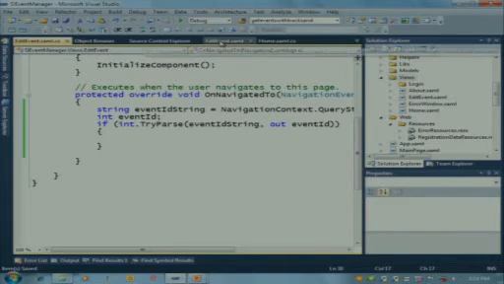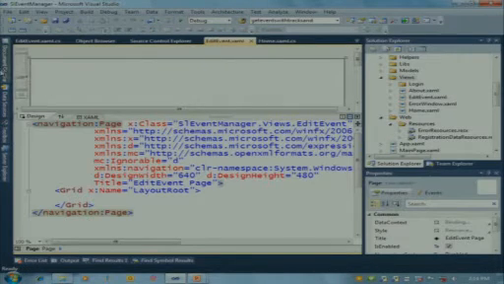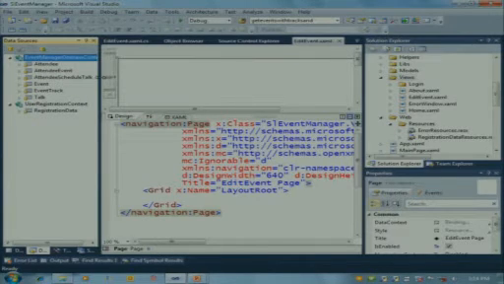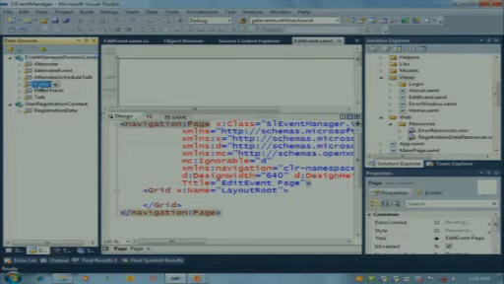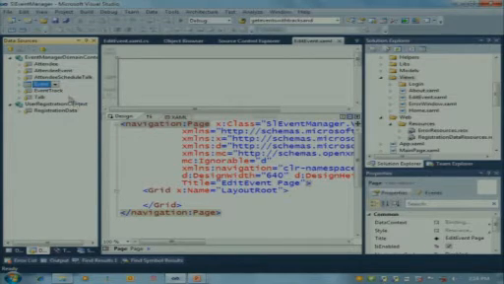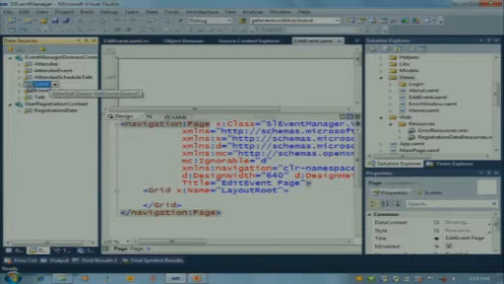So I'm going to go back to the XAML, and I'm going to open the data sources window again. So we used this in an earlier talk to get the data grid onto the home page in the first place. But I'm going to do something slightly different now. If you open the drop-down list for any of these entities in the data source window, you can choose what kind of thing gets dragged onto the form. The default for a collection of entities is a data grid, but I can ask instead for a details set of UI elements to be dropped on. If I drag this on now,